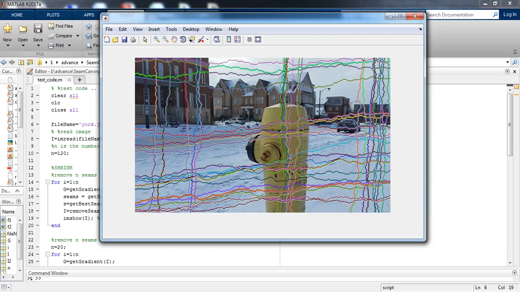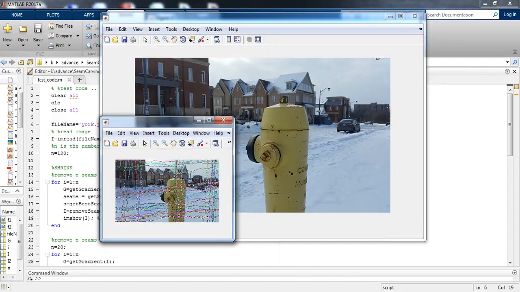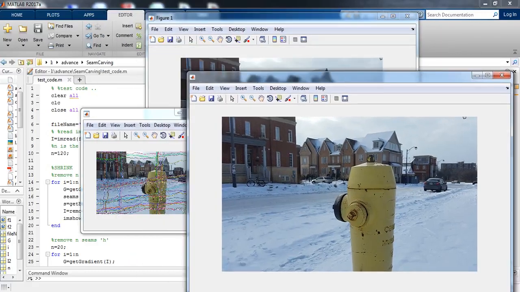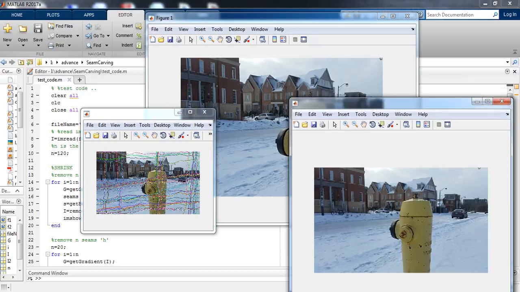Okay, and we get the original image. So you can see that this is the original image which we get after expanding and shrinking.